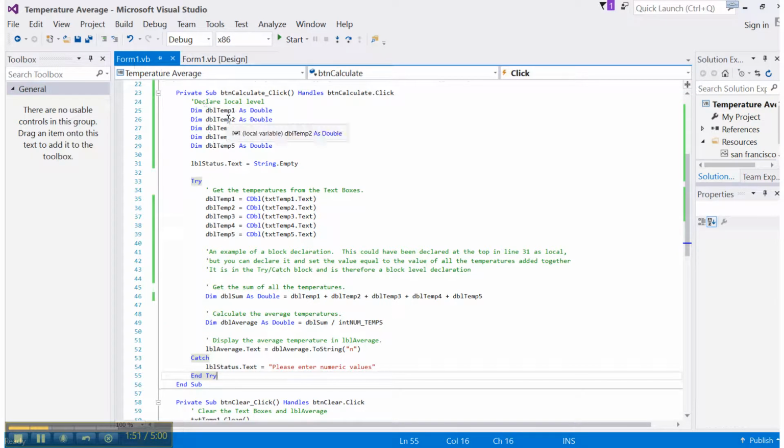They're each declared as a double data type, so it will declare those in memory as it goes through each of these lines. Remember that when the calculate event has finished down here at the bottom, these will then disappear so that they can't be accessible to any other event in the program.